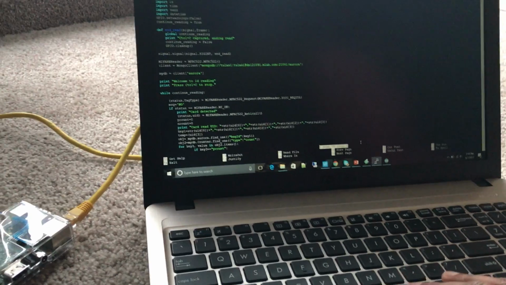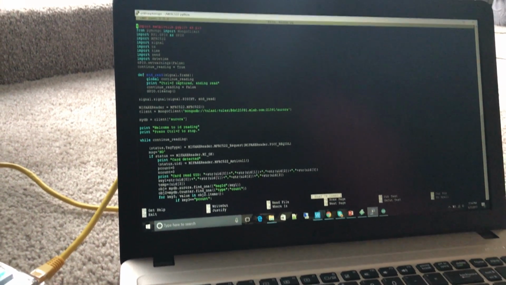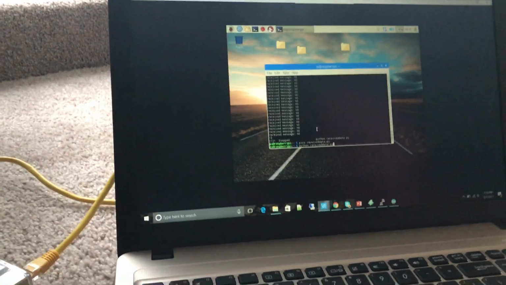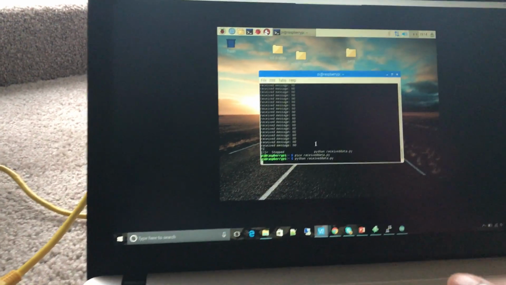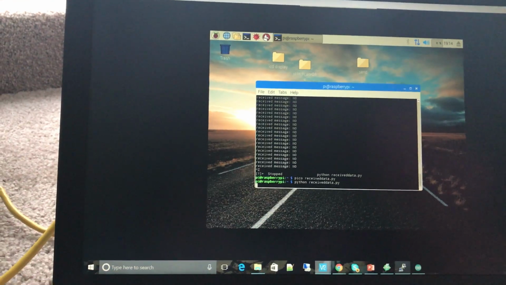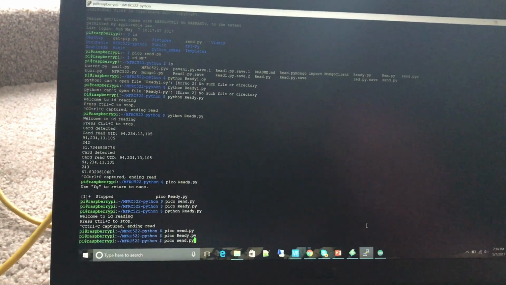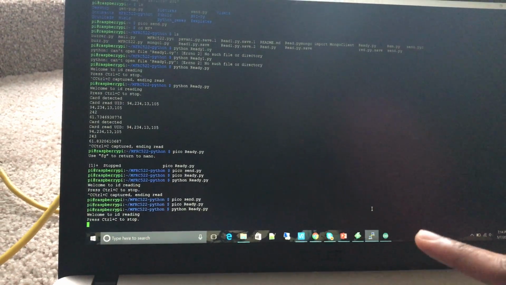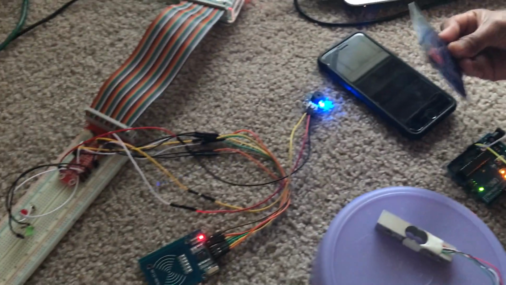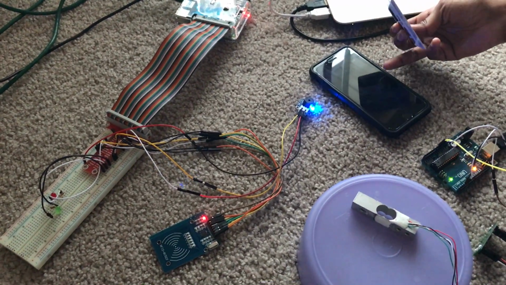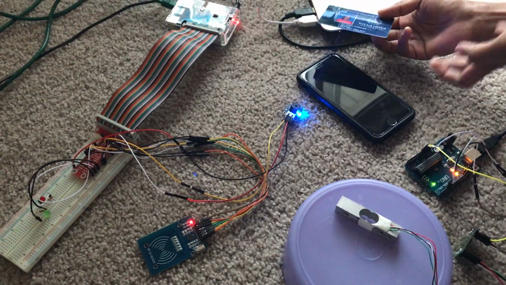And now I'll run the code. Before running this, I have to run the code for Raspberry Pi 2, which will continuously be receiving the data. So if I run it, it starts receiving the data, and now I'll run my main program. So it is asking me to scan the tag, and now this is the valid tag. If I scan this, the green LED will glow and a message will be received by the passenger,